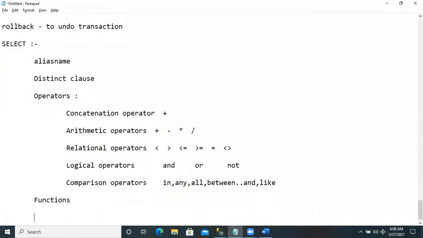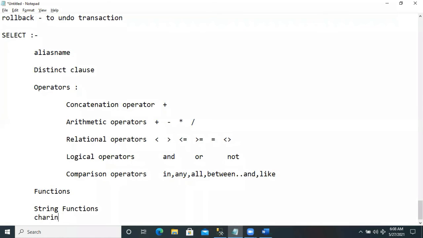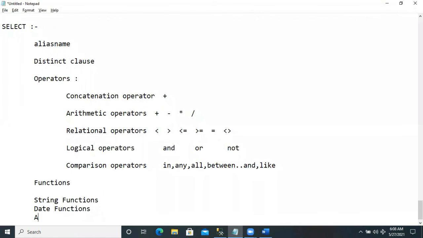Then we'll practice the functions with the select statement, that is string functions like char index, date functions, aggregate functions,